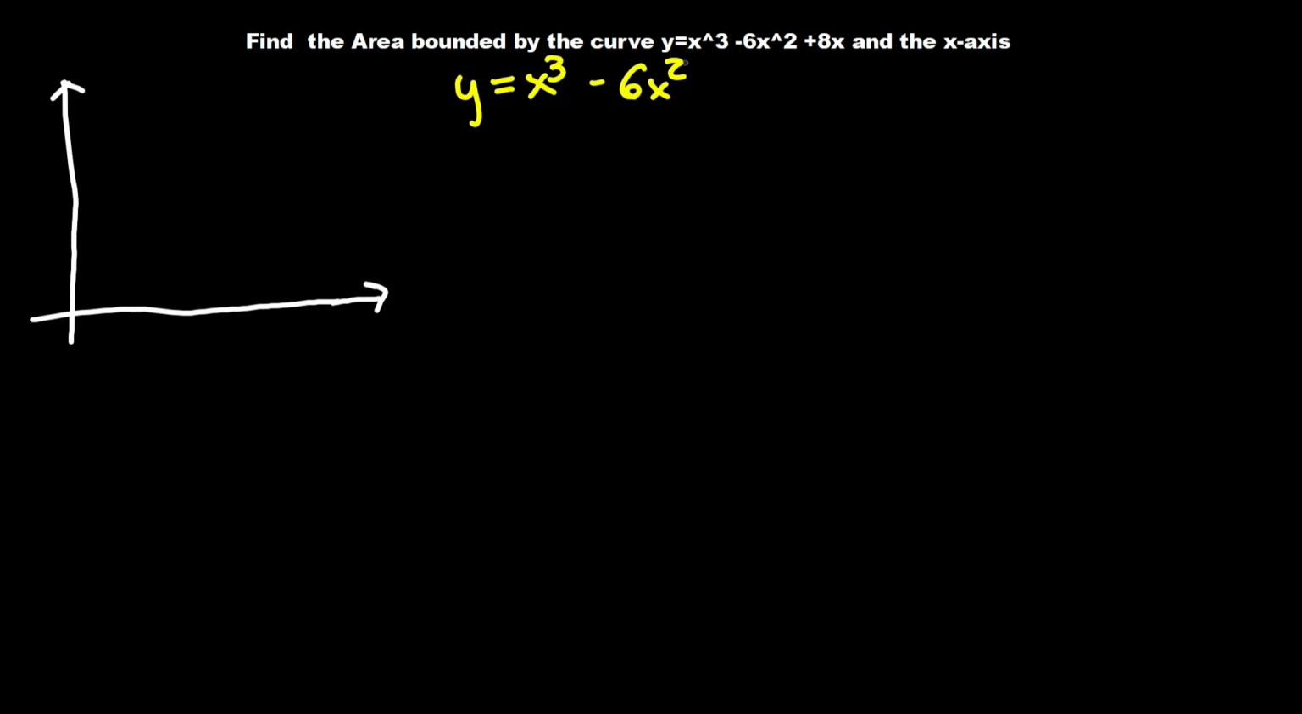Moving on, find the area bounded by the curve y equals x cubed minus 6x squared plus 8x and the x-axis. Now, this time, we are not given any limits. So, let us first graph it in order to analyze what we're dealing with here. Our curve here is y equals x cubed minus 6x squared plus 8x. Using the x and y table method,